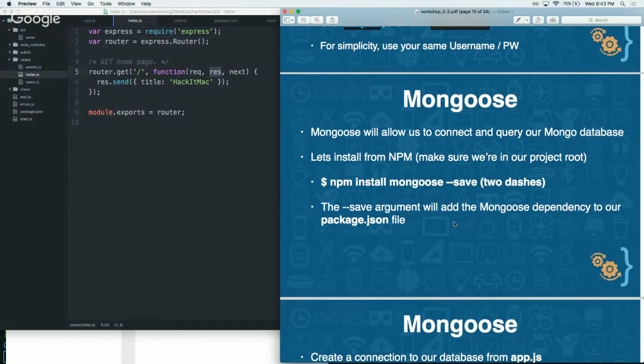So when you go to your terminal, before you write npm install mongoose, you want to make sure we're in the same project directory, the app folder where we see app.js, errors.js, and so on. The reason we want to make sure we're in that directory is that we're running this npm install without the -g, so it's not installing it globally. It's just a package we need in this project. That's also the same reason we're using the --save argument. And what that does is, after we've run it,